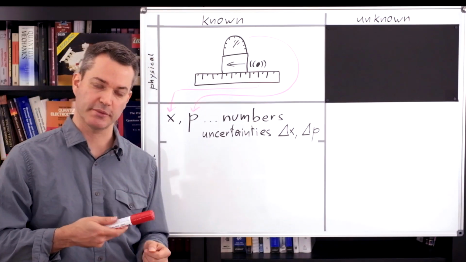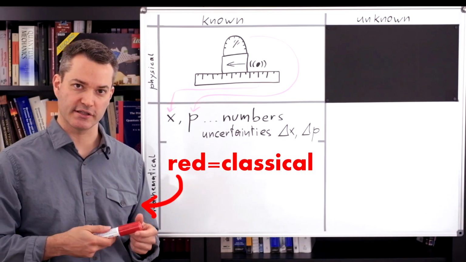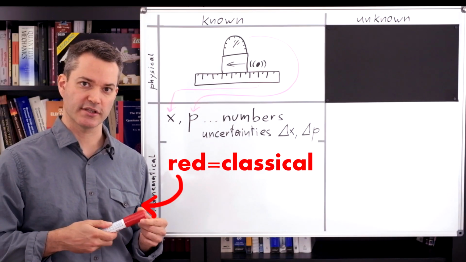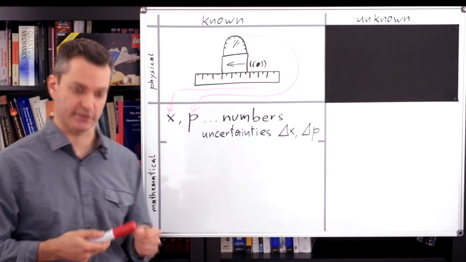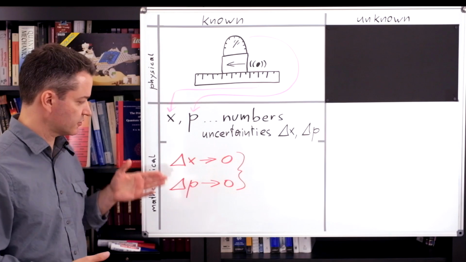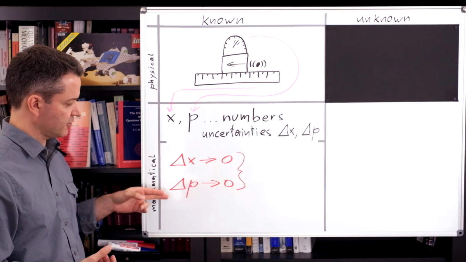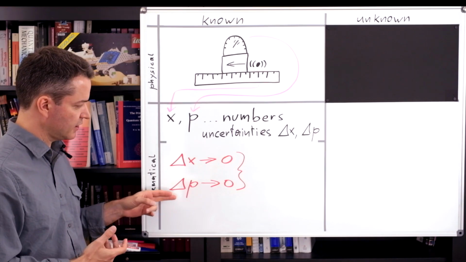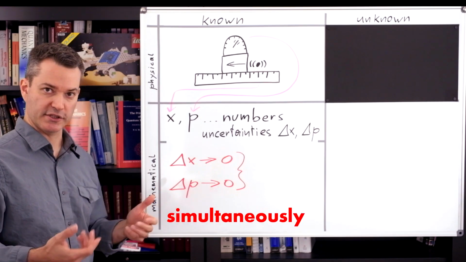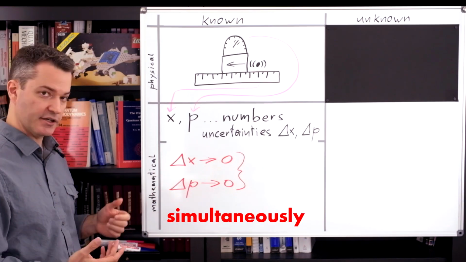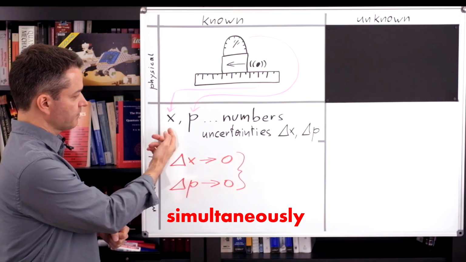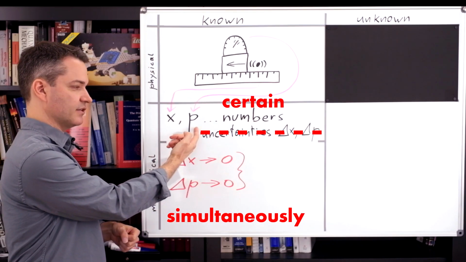I will use the red pen to write down everything that is valid only in classical physics and that will need to be modified later. The most crucial assumption in classical physics is that we can imagine the uncertainties delta x and delta p to go to zero simultaneously. We can imagine to have certain knowledge of the position x and the momentum p at